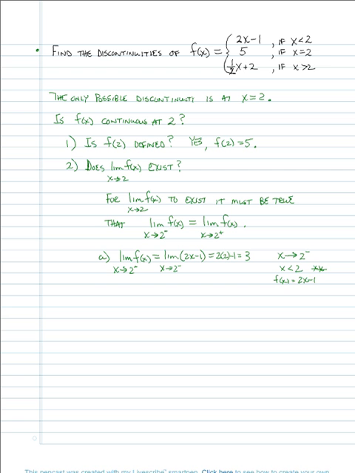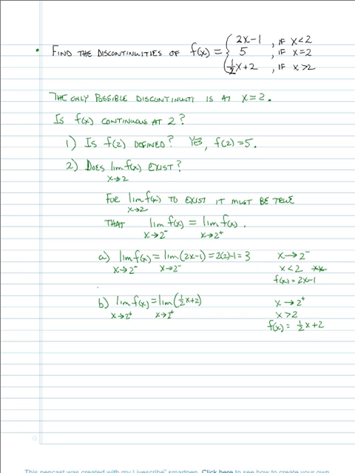So the left-handed limit is 3. Now, on the other hand, if we consider the limit of f of x as x approaches 2 from the right-hand side, that means that the x's are bigger than 2. It's coming from the right of 2, and if it's on the right side of 2, then it's bigger than 2. Well, if x is bigger than 2, then f of x is 1/2 x plus 2. So our limit really is the limit, in this case, of 1/2 x plus 2 as x approaches 2 from